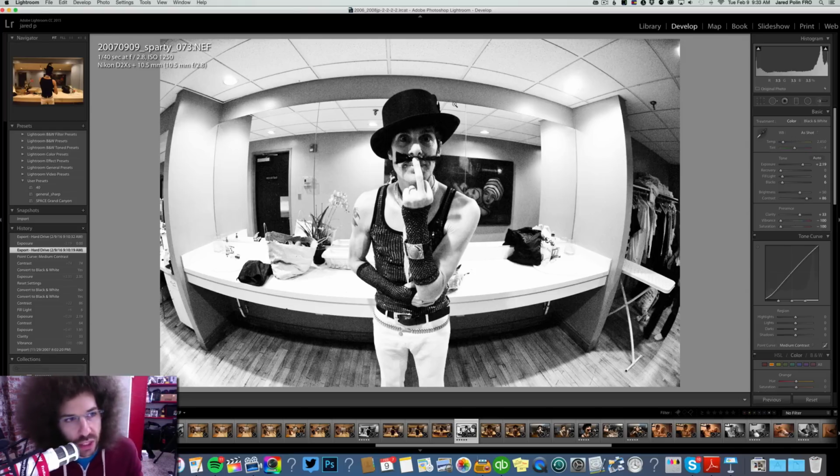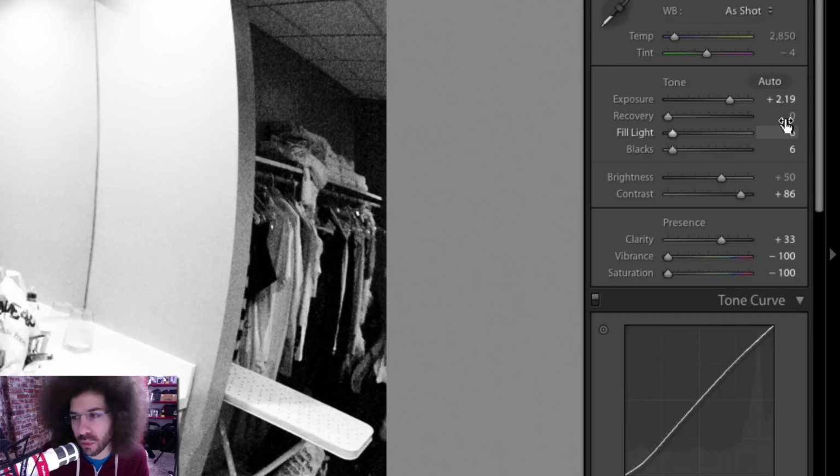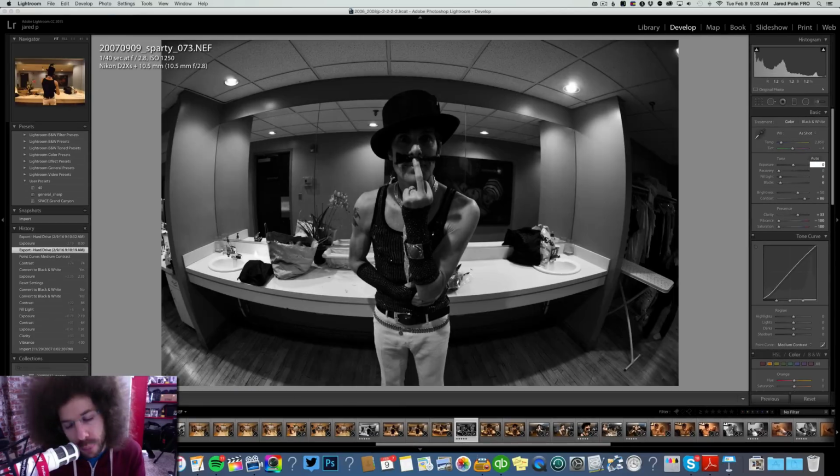But in terms of cheating the system, 1/40th of a second, you can see over here on the right-hand side in Lightroom that I went and upped my exposure by over 2 stops. Now, let me show you why. Because if I pull down 2 stops, and I'm already at 2.8, I couldn't bump my ISO up any higher, I couldn't open my aperture any higher, but I had to cheat the system at